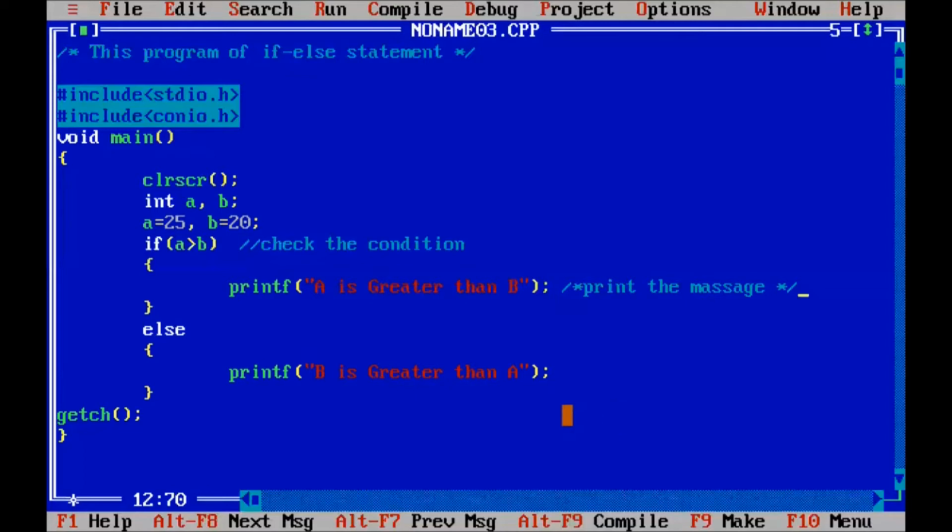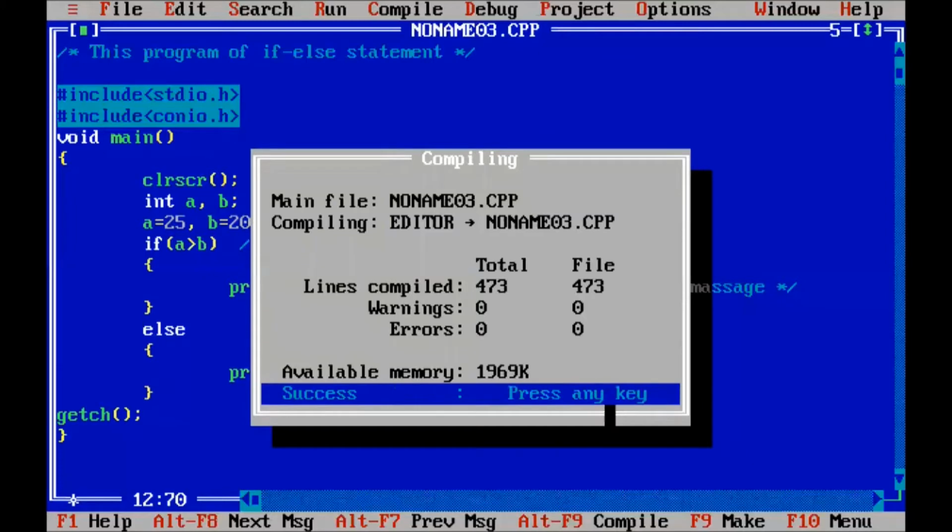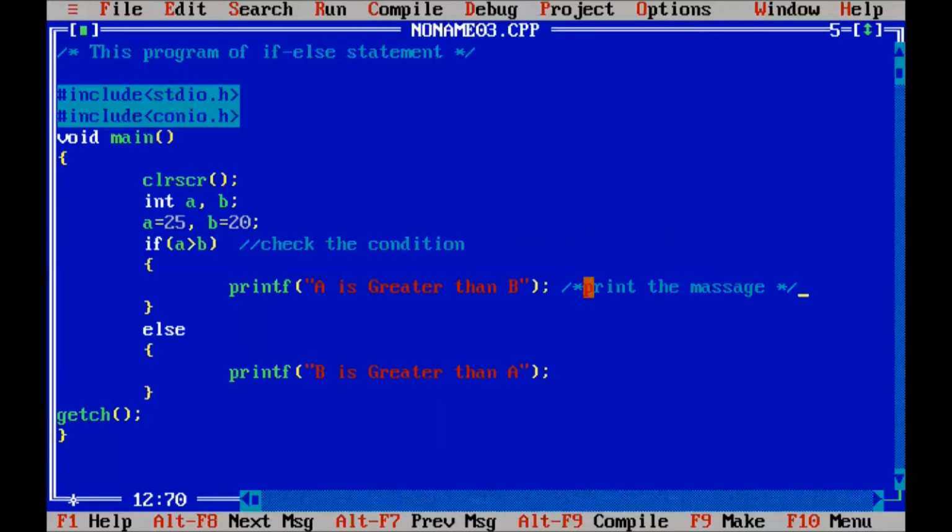Okay, again we check whether this program is right or wrong. So again we compile the program. Okay, there is no warning, no error. It means the comments we have written are valid comments. We run the program again with Alt Control plus F9.